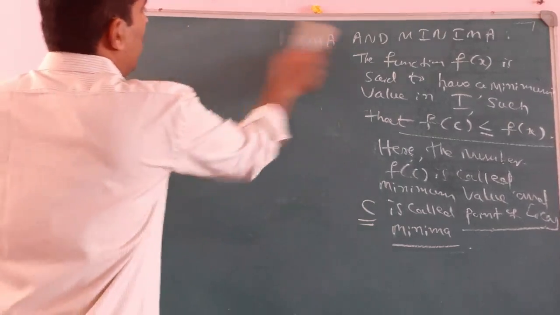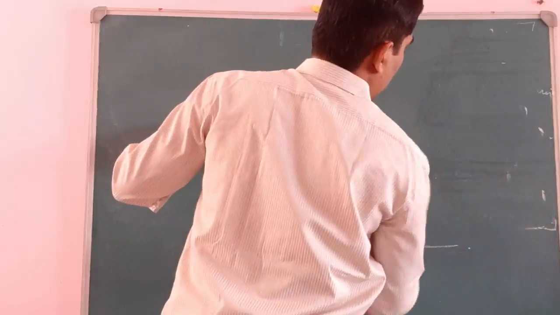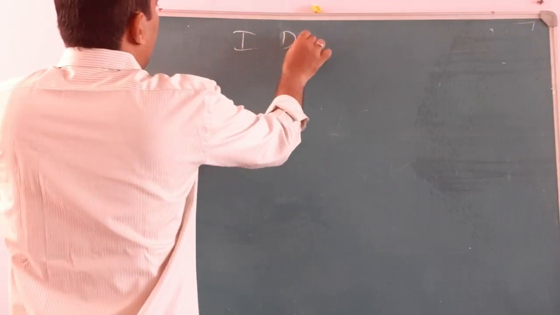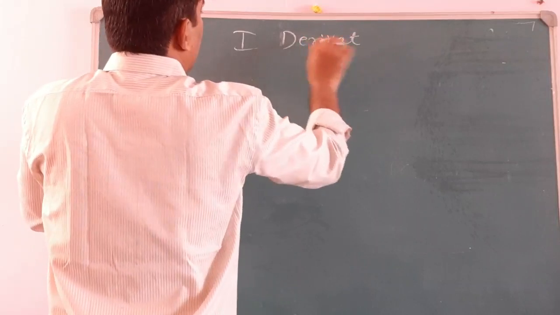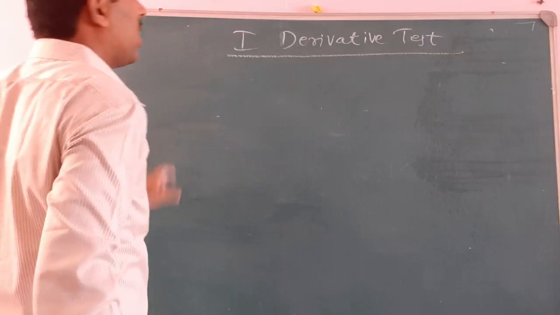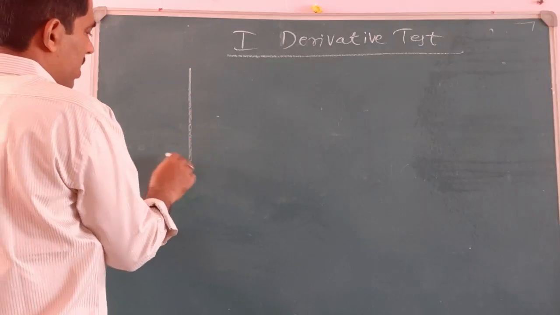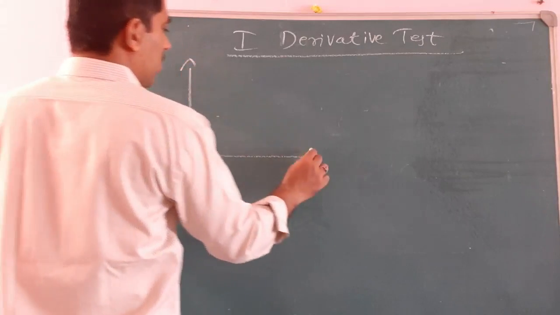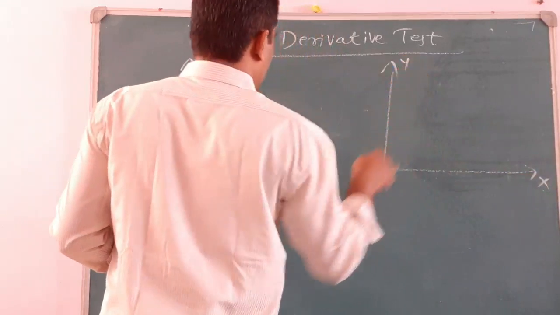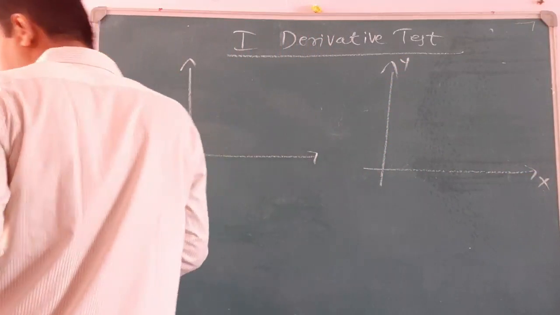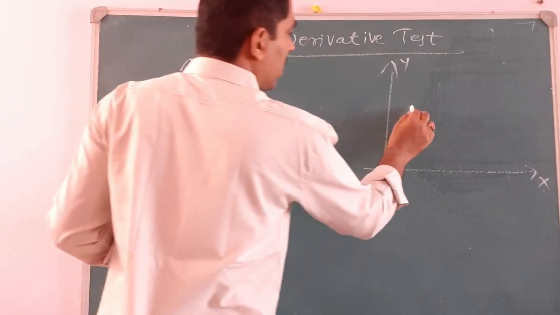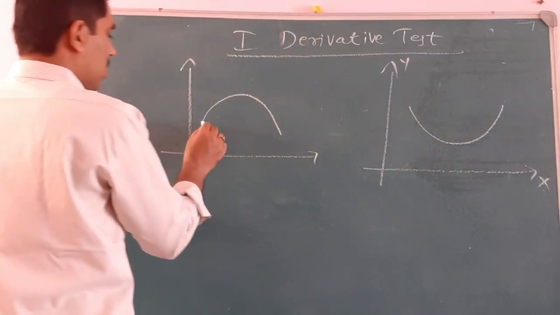Then afterwards, very important: the first derivative test. We also discussed the statement in the previous class. What is the first derivative test here? You observe this. Once again, I will draw the graph here. If I have a curve like this,